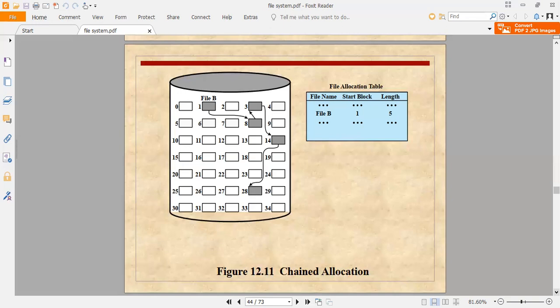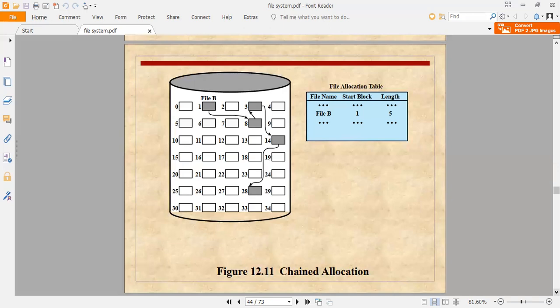To find the nth block of a file, we must start at the beginning of that particular file and follow the pointers until we get the nth block which is required. So each access to a pointer requires a disk read, and some require a disk seek.